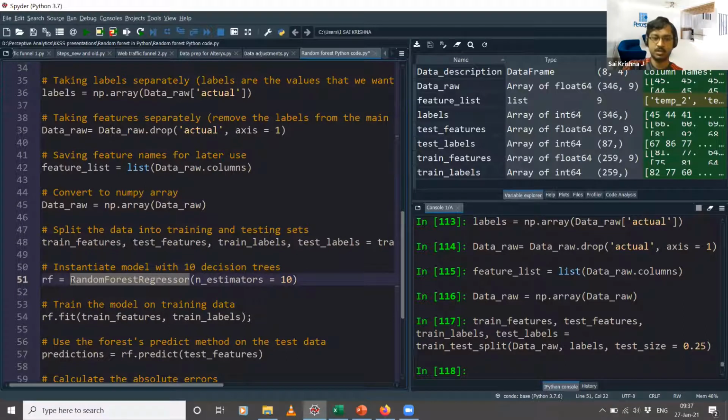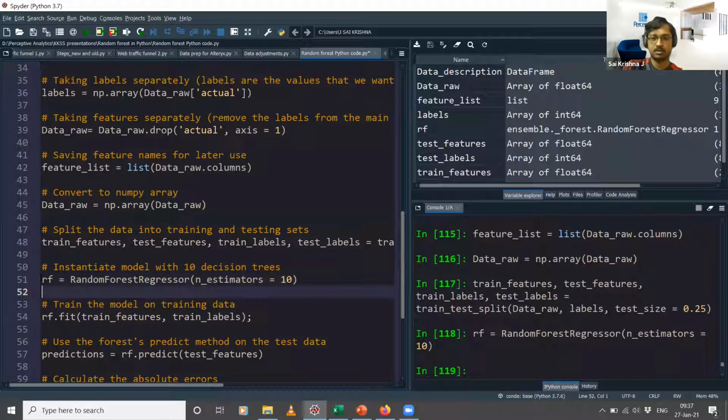So I'm using this function, random forest regressor, same from that scikit-learn library. I'm saying please build 10 trees. That is what we have here, and I'm storing this random forest model in a separate variable called RF. So I'm running this line, and see, now we have configured the model. Now I will fit this model on the training data, or I will train this model on the training data. So we have train features, train